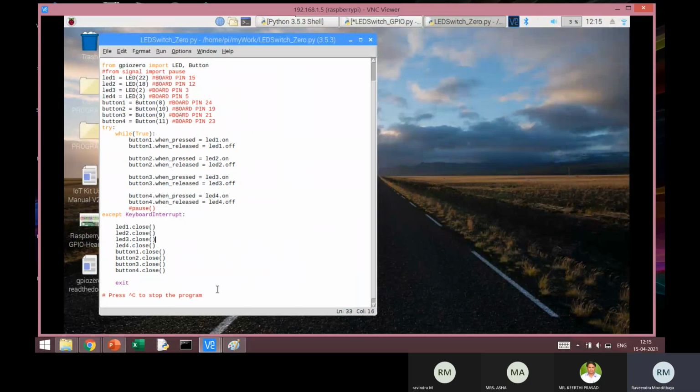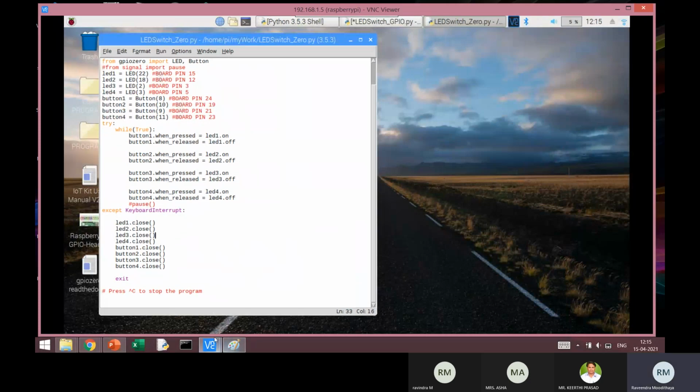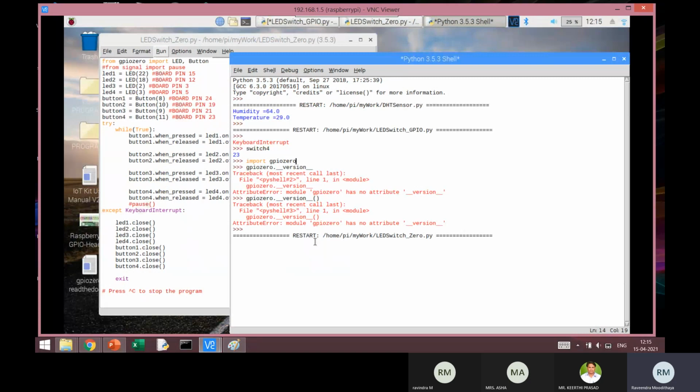When I execute this, you will definitely experience improved latency. The moment I press the key, the LED turns on instantly, which was not happening in the previous case. The response from these 4 keys and the LEDs is pretty fast, and as long as I press the key, the LED stays on.